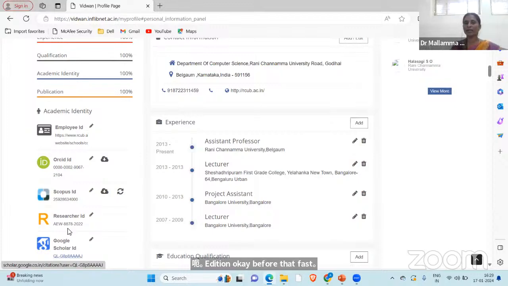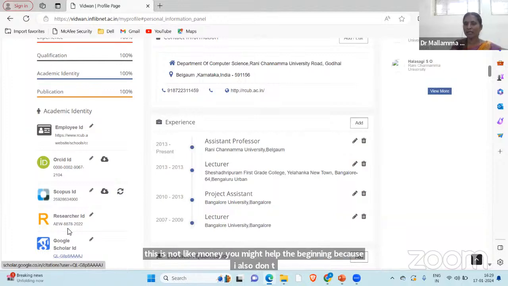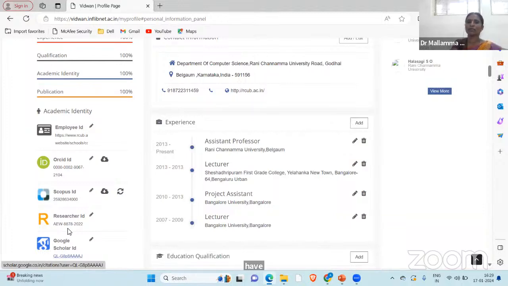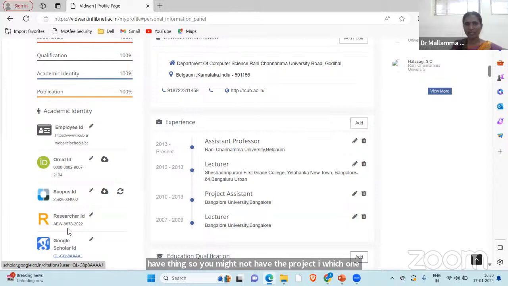It is not mandatory. You may not have a patent, because I also don't have a patent. You may not have a project, or awards, or professional committee memberships. Don't worry. Whichever you have, add at least 2 to 4 of each. Any participant wish to share? That's my question. If you wish to share the screen, I can tell you how to do it.